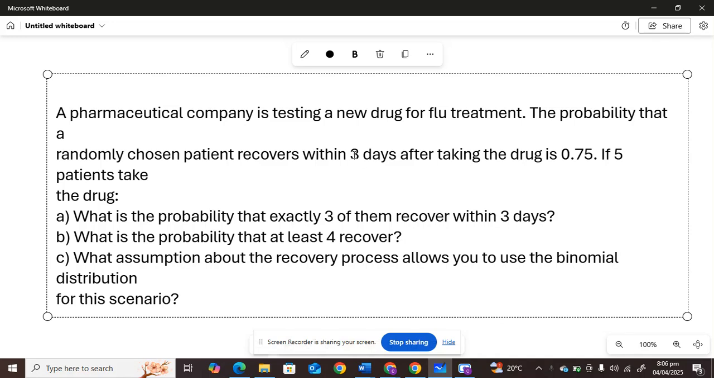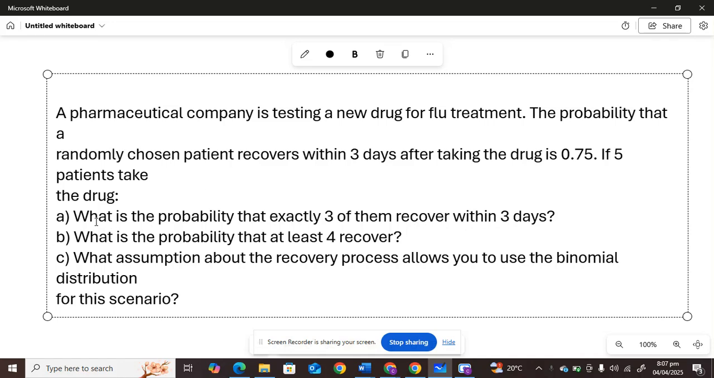Okay, so we have a question here. It says a pharmaceutical company is testing a new drug for flu treatment. The probability that a randomly chosen patient recovers within 3 days after taking the drug is 0.75. If five patients take the drug,